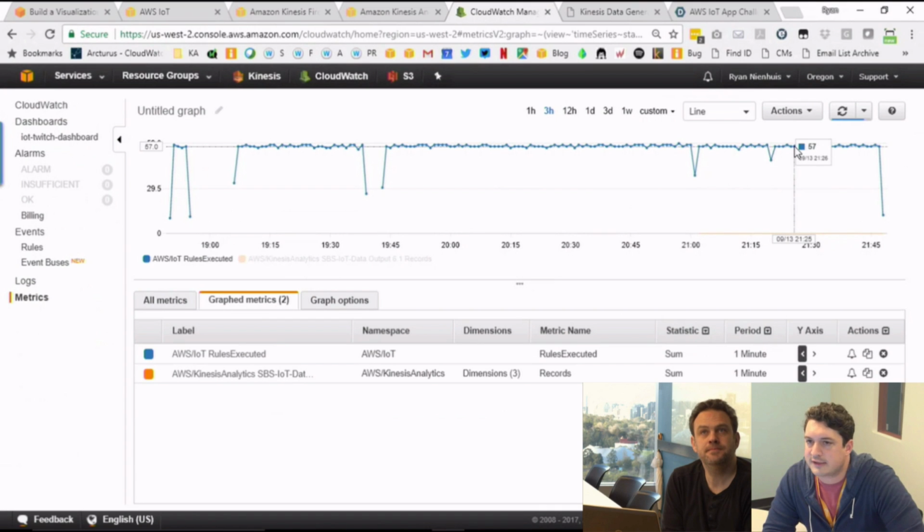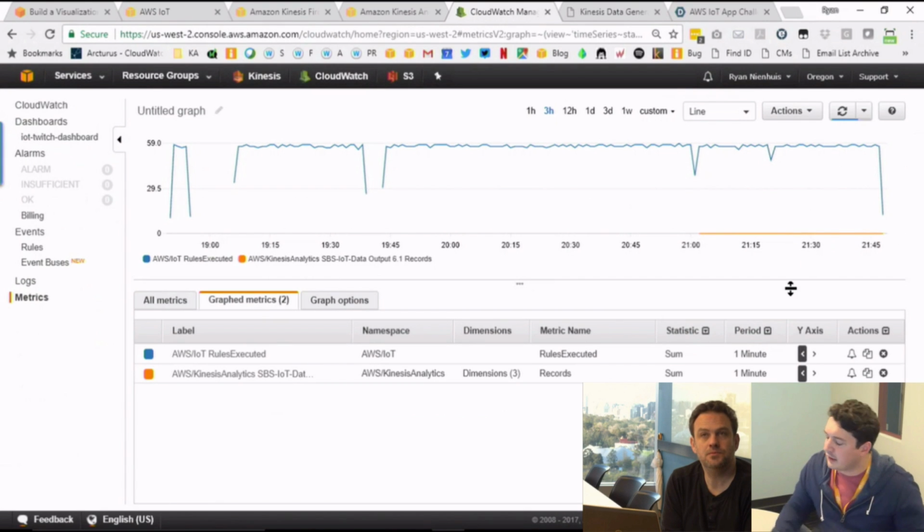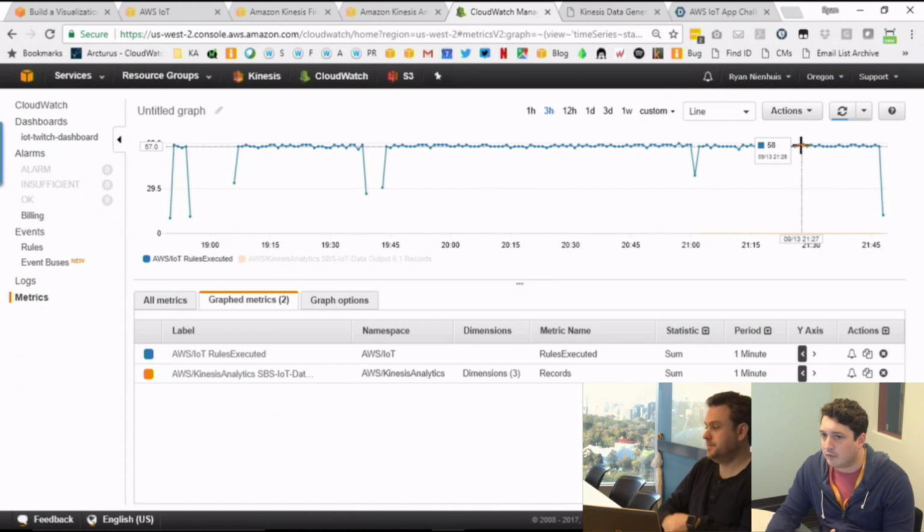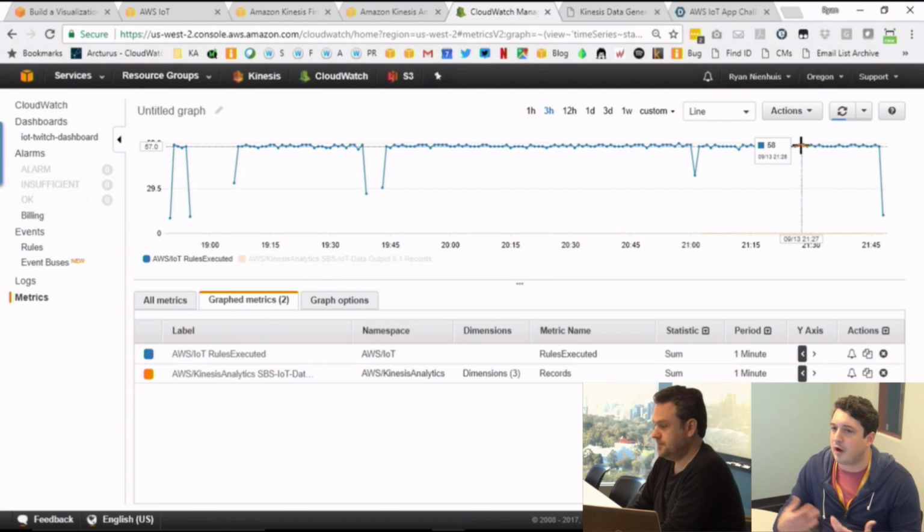But what you will notice is, as we're ingesting data every 1 minute, the amount of data that we send out is a lot less. And what's the reason for that? It's because when we're aggregating things, providing mins and maxes over a 1 minute window, the 60 data points that we are ingesting will turn into one data point that we're writing out. So you see the value prop of Kinesis Analytics.